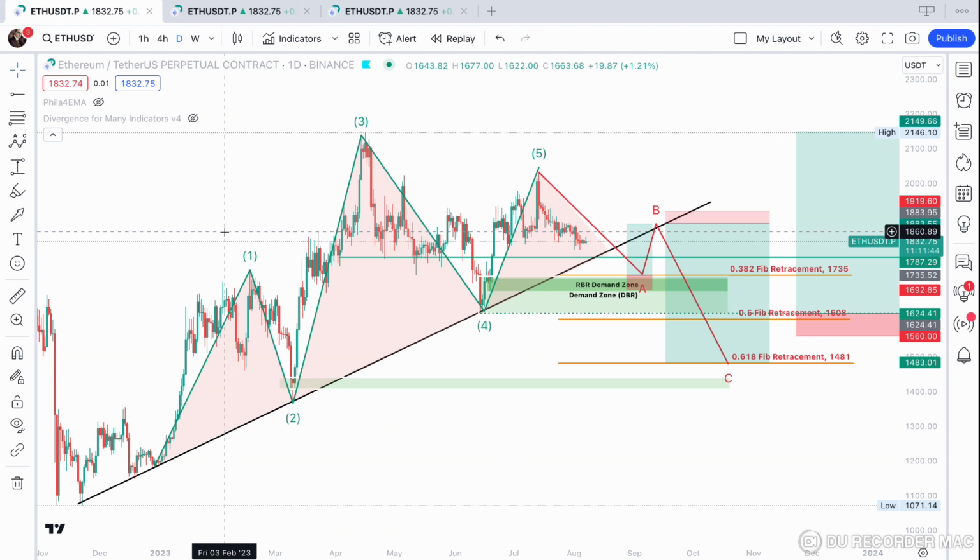In this video I will lay out the three most probable scenarios in Ethereum's price action in the following weeks and months ahead. The chart is based on the arithmetic scale, not the logarithmic scale, and I am presuming that